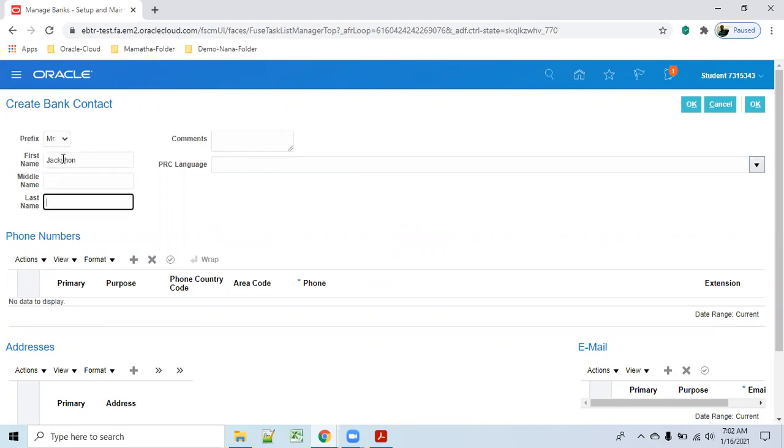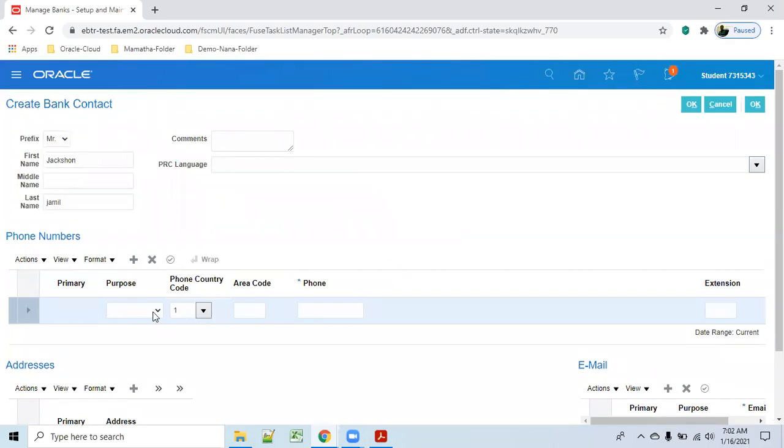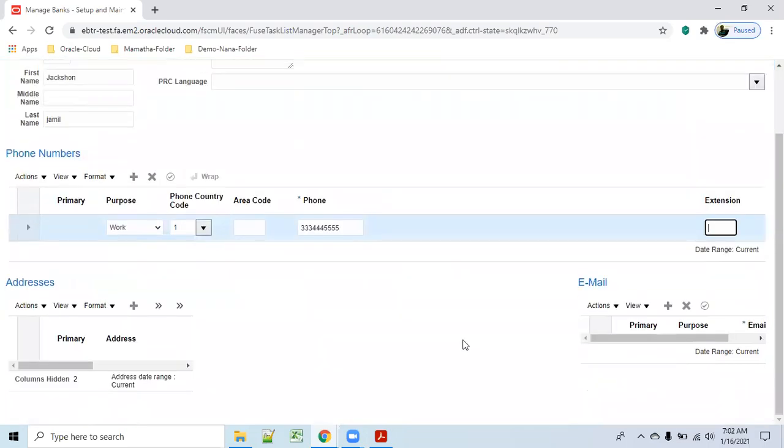Okay. Jamil. So if you have any phone numbers, phone number purpose, sorry. Work. Something you can give 33445. Okay. And address.